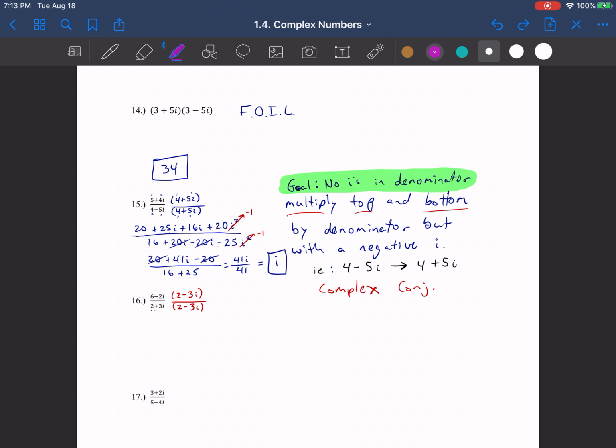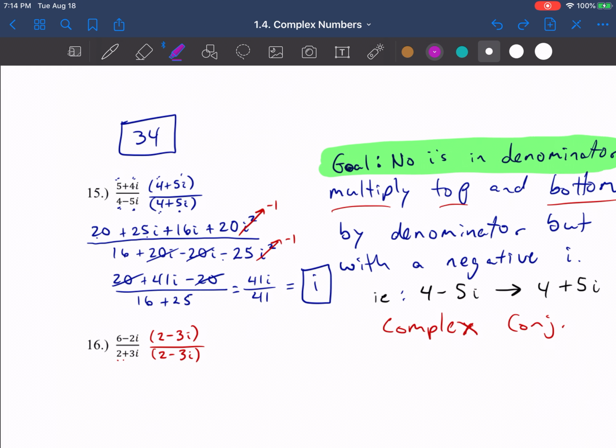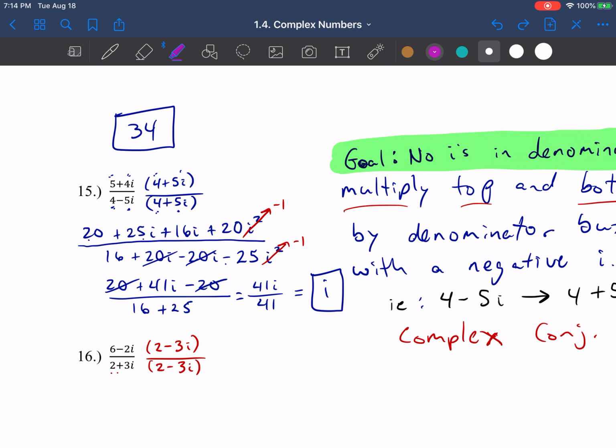anytime you multiply a complex number like 3 plus 5i times its complex conjugate, 3 minus 5i, you will end up with an entirely real number. Do this one out and try it, and you'll see that that occurs. All right, next one would be 5 plus 4i divided by